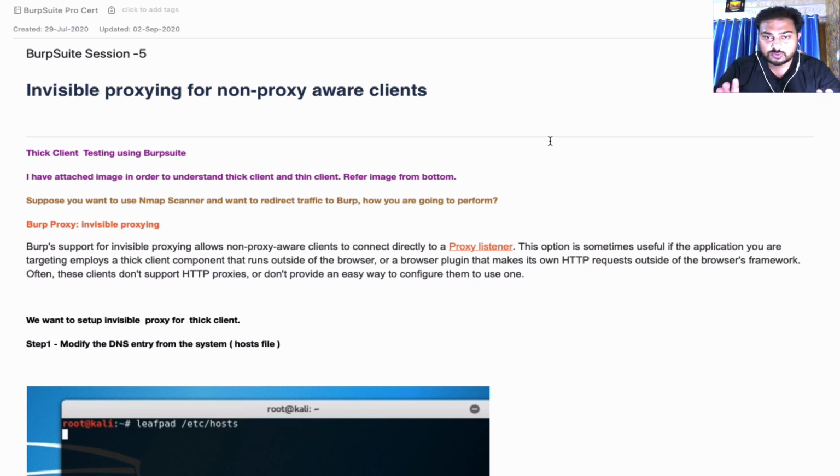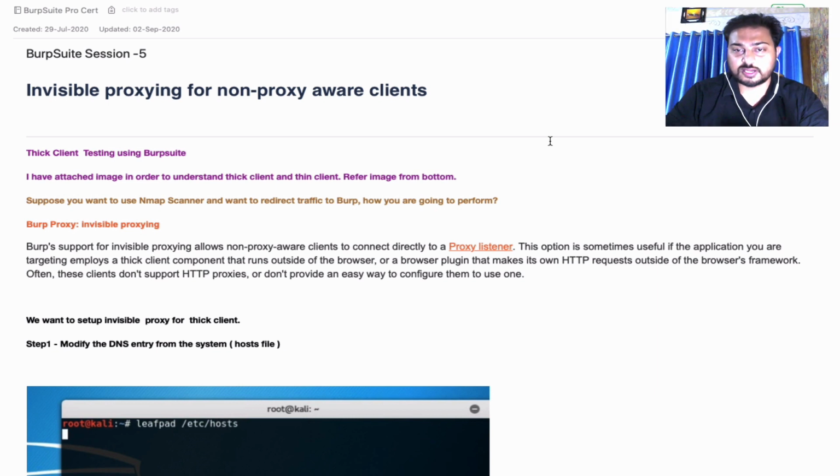What we need, first, is Burp Suite properly configured. Second, we need a Kali machine where we're going to perform the testing. You can perform testing anywhere, but because we want Nikto to run, we need a Linux system. You can use Ubuntu, Kali, or whatever operating system you want. Now I'm going to show you how we can intercept the traffic: if you are running Nikto, how we can intercept or redirect that traffic to Burp.